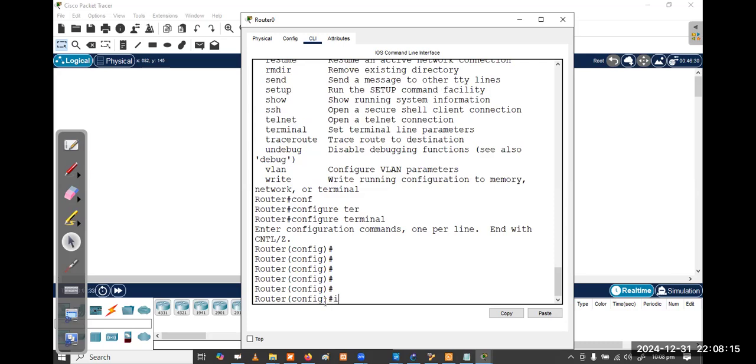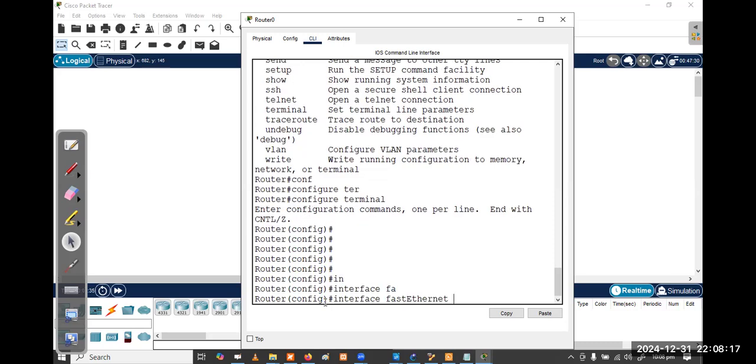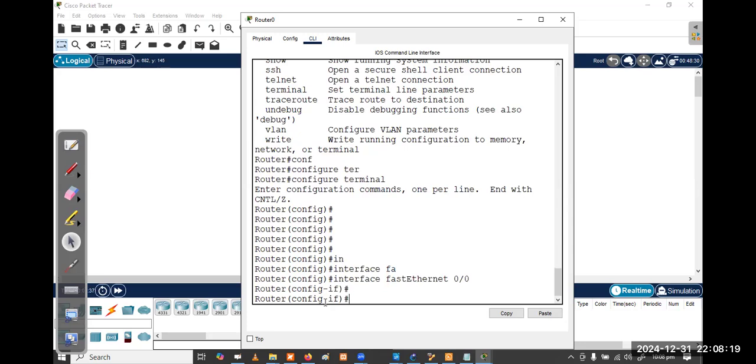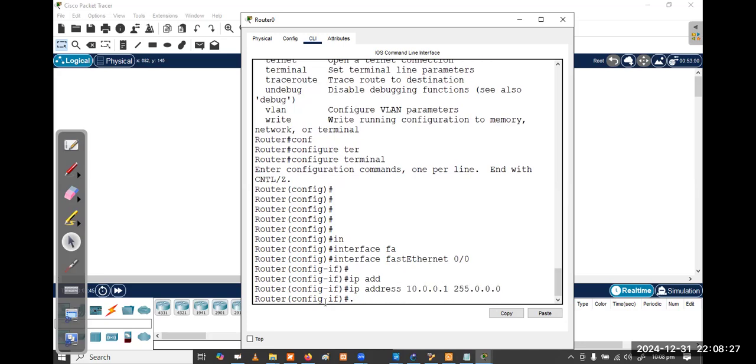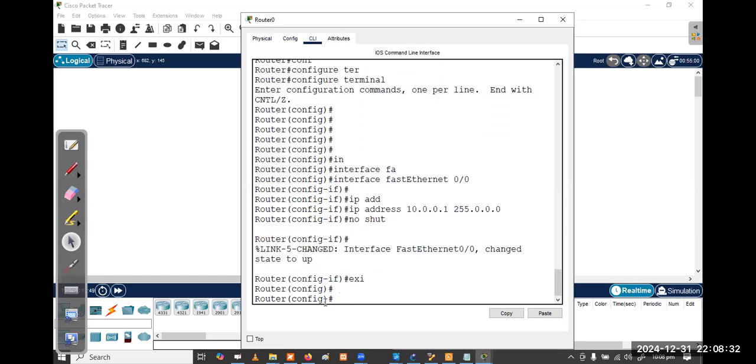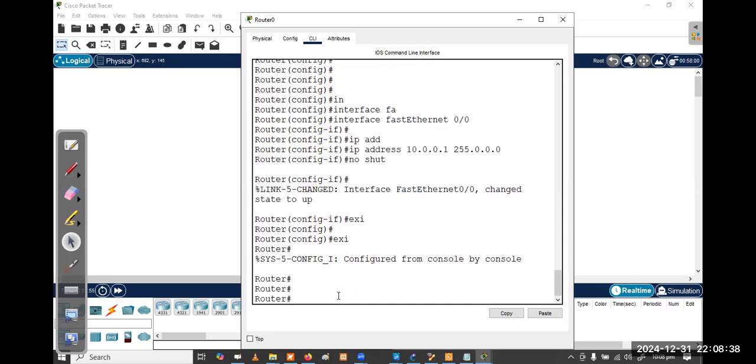For the time being, let me go to the interface FastEthernet 0/0, and then you can assign an IP address: ip address 10.0.0.1 255.0.0.0, and no shut to bring that interface up. Now the interface is up, so you can communicate with the next device through this interface.